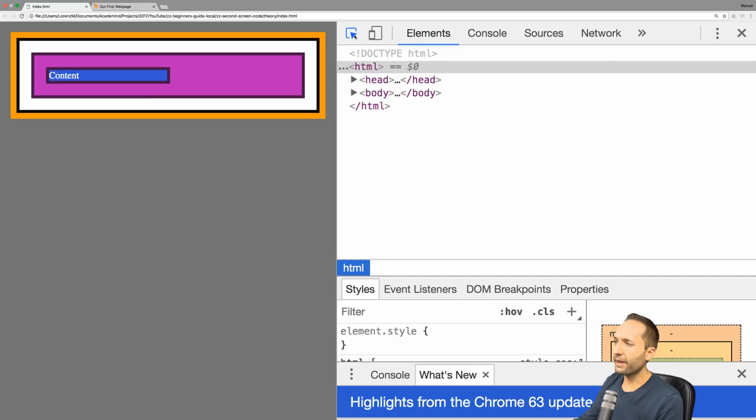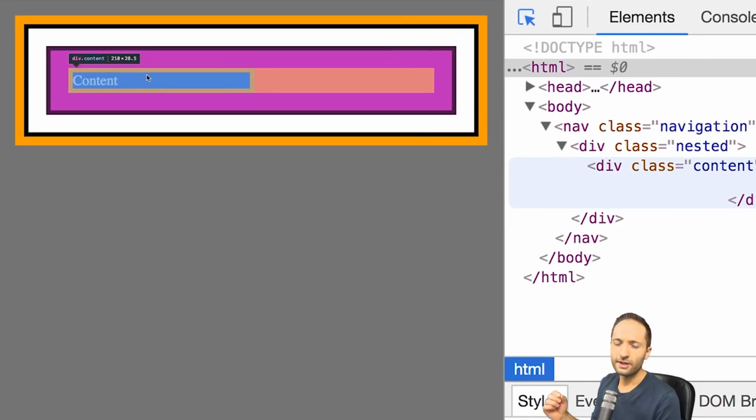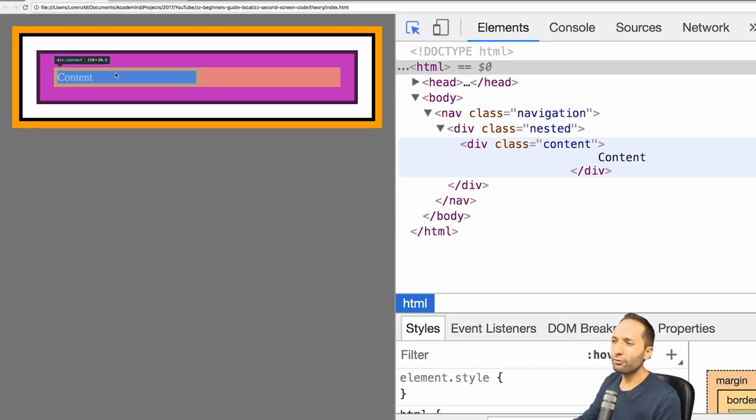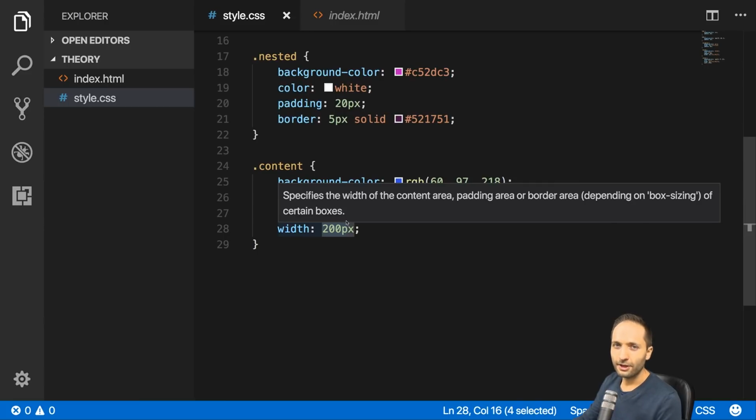But if we inspect that right here, then you can see something interesting, because we can read that the width of our box actually is not 200 pixels, it's 210 pixels. You can see it right here. And the reason is that we have this width of 200 applied, but only to our content, because as we just talked about in the theory part, the default box sizing value applied is content